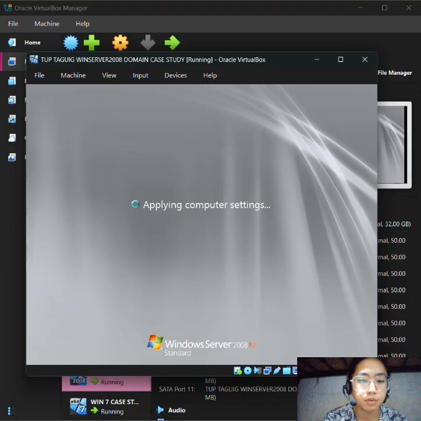So these RAID configurations demonstrate the different approaches to balancing performance, storage capacity, and data protection in a network environment. So now let's configure first the computer settings of the server.